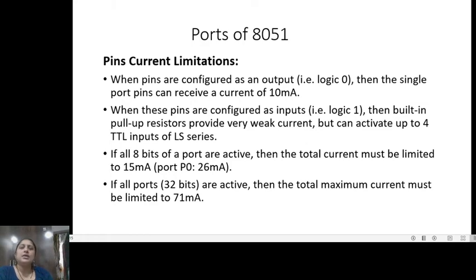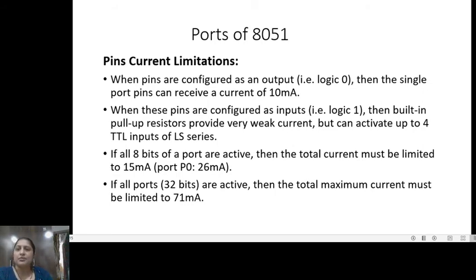Now, when we talk about the 8051 ports, pin current limitation is very important to use the respective bits of the port as input output lines. When pins are configured as an output, means when connected to logic 0, then a single port pin can receive a current of 10 milliampere.